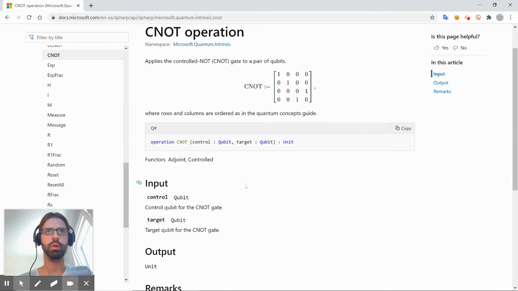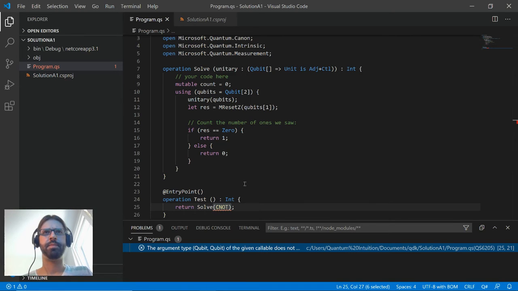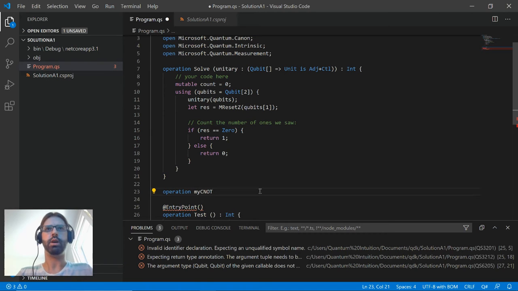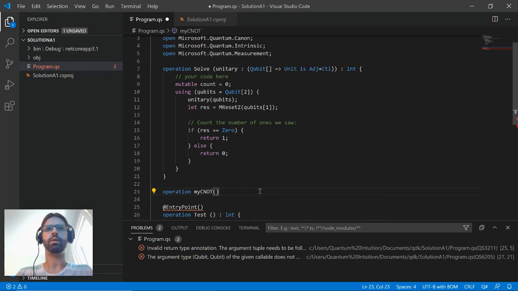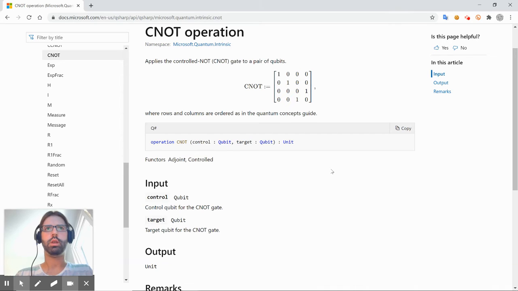What's the problem with the argument type? Because the C naught has a, so I guess I've got to make an operation called my C naught that basically takes nothing in here, or takes the same, it takes a unitary, I'm trying to see what I would need in order to,